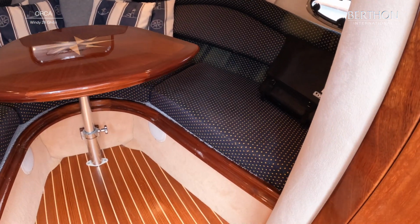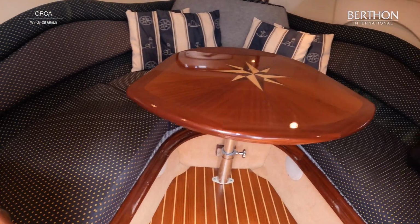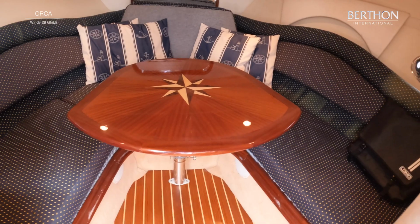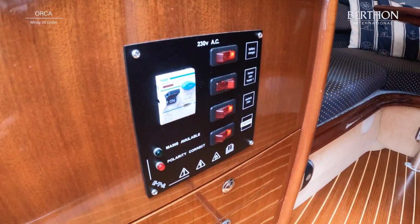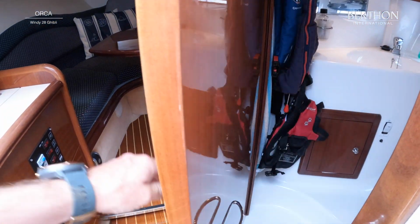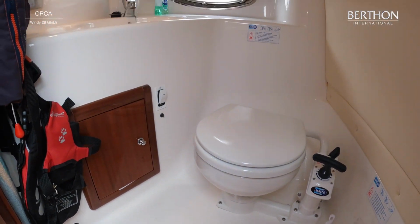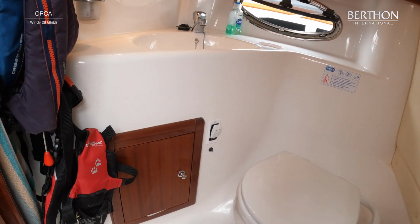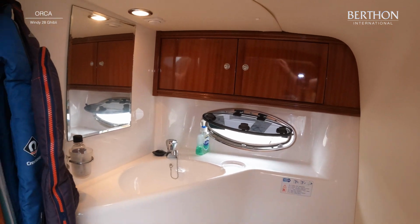She's in original upholstery, it's all in really nice condition throughout, and the table there is in perfect nick. Quite a lot of upgrades on this boat, so it's got a new panel here for domestic wiring. It's got a new battery charger, only recently fitted. The heads compartment is all very clean. There we go. Has its own little independent blower that sits down there to ventilate here. We've obviously got that opening port light, so